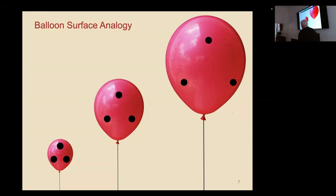To me, there's also kind of an interesting optical thing here. The spots on the little balloon look a lot bigger than the spots on the big one, but they're the same size. I checked it a couple of times. I copied the little ones and moved them, but it's just an optical illusion. Okay, so